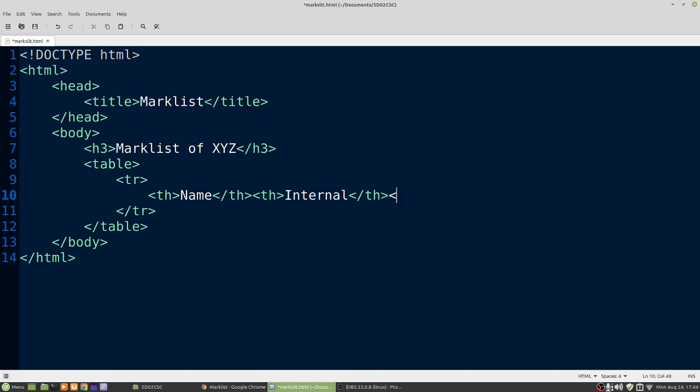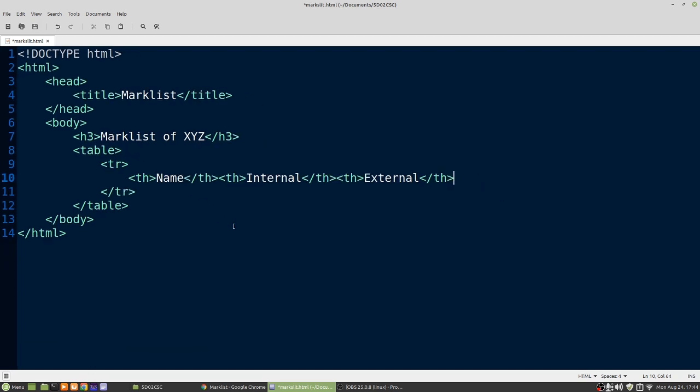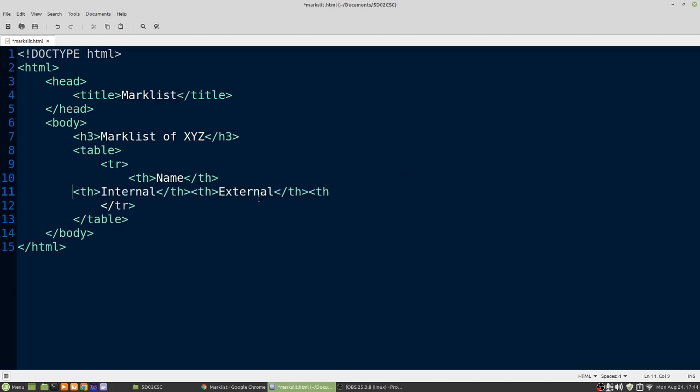The third column can be external, and close it using /th. And finally we can have the maximum marks. If you want, I can write it in separate lines so that it will be easier to read.